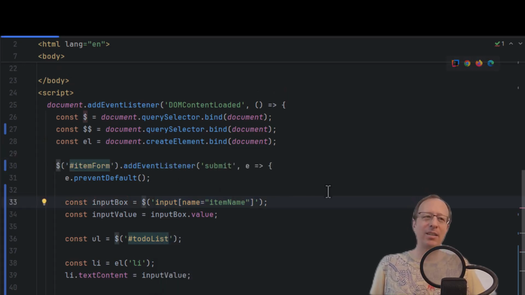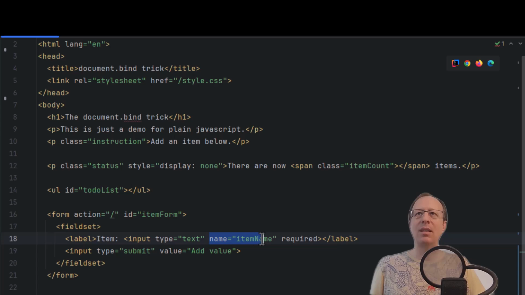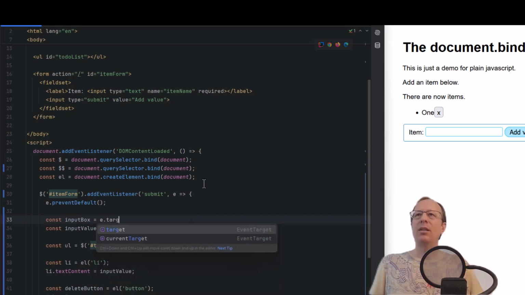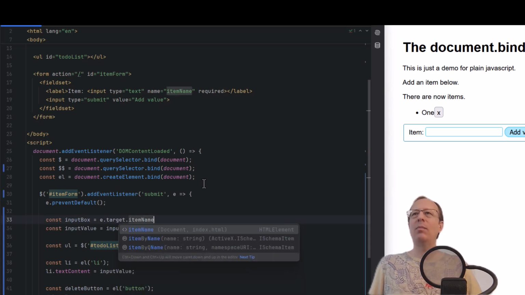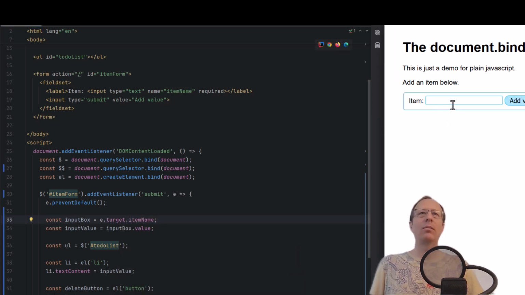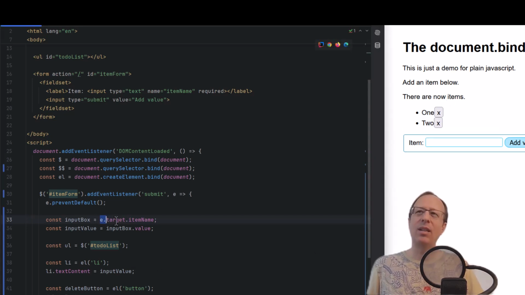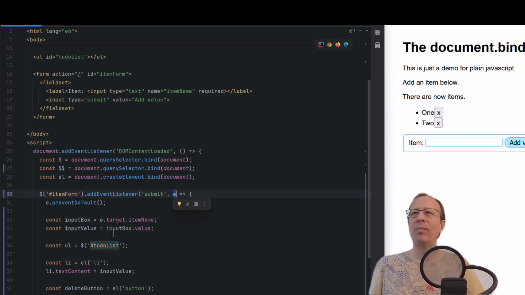Now I've just set how I liked document.querySelector, but when we're working with a form and the form inputs have names, like this does here, item name, we can actually reference these directly from the form object. The form object is on e.target. So e.target is the form, and we can just write the name of the input. Let's make sure that works. Yep, still works. So this is actually a bit nicer. It's more self-contained. We're not doing a search on the document to get the item. We're going direct on the form that we have submitted.